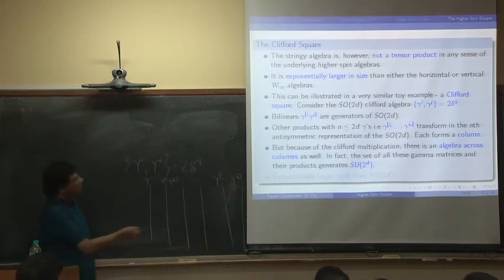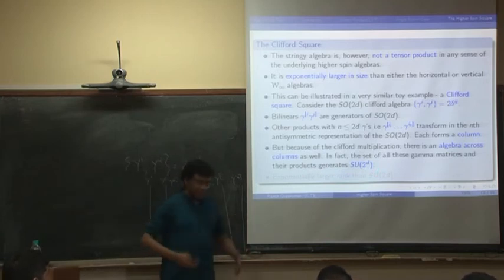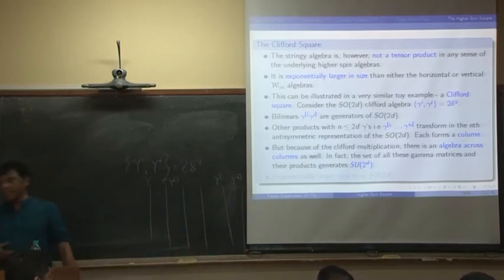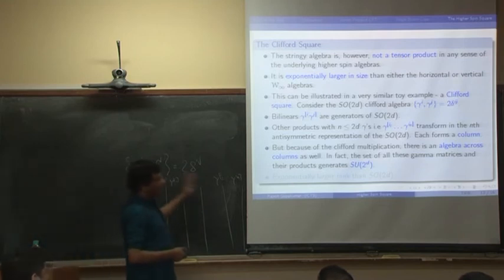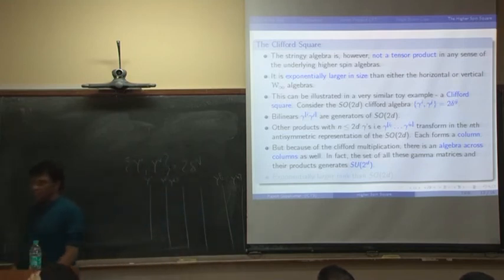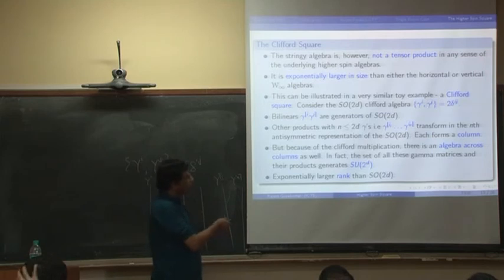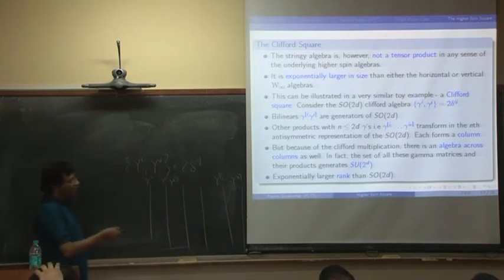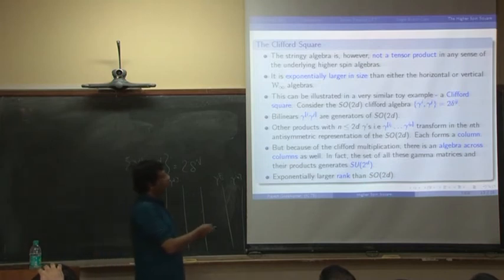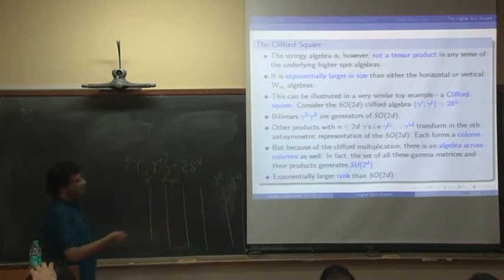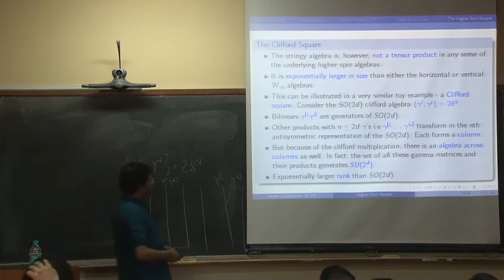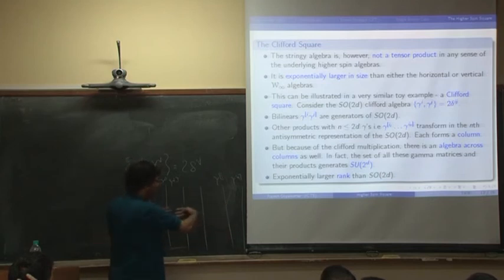So in 2D dimensions, the size of the gamma matrices is 2 to the d. And in fact, these generate all the independent 2 to the d traceless Hermitian matrices, so they generate SU(2 to the d), or U(2 to the d) if you add the identity. But whatever it is, it's exponentially larger than SO(2D), which has rank d, growing linearly with d, whereas this is exponentially growing with 2d. So it's sort of similar in spirit, in the sense that there's this column decomposition, and